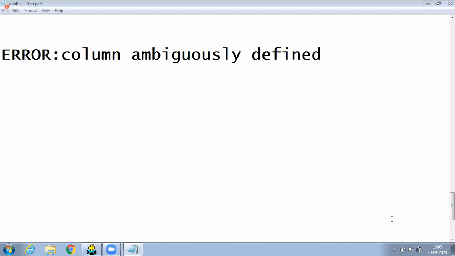Then the database server returns an ambiguity error.